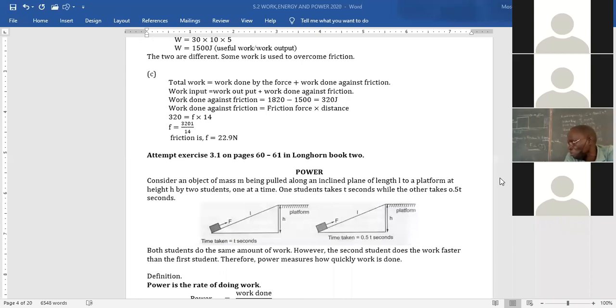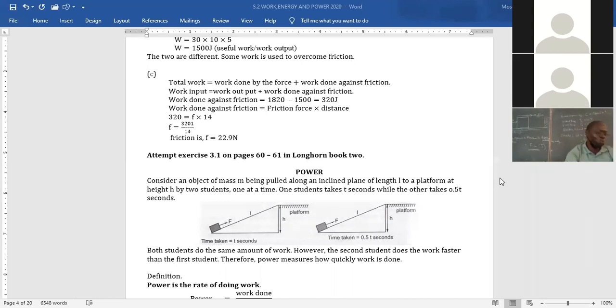Okay, suppose I have people and a certain person does a job or a task faster than the other. For you, what would you choose? You choose the slow one or the faster one? Or it depends? The faster one. Okay, but anyway, it depends on the task. Is that okay? Let me give you an idea.